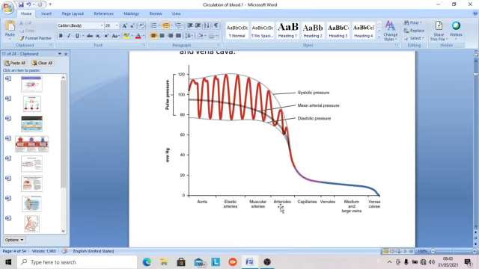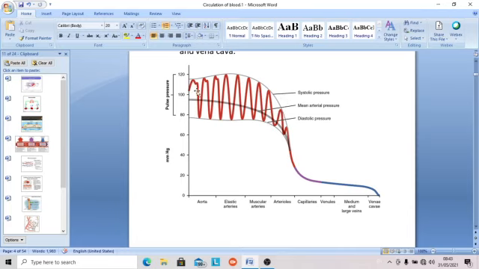Then most important are the arterioles, in which phase you have narrowing of the lumen and there is a sudden fall in pressure. You can see this from the arteriole from here. The mean pressure suddenly falls. So it's the area of resistance. Arterioles have thick walls, and they are also controlled by the sympathetic nervous system. So the lumen is controlled as per need, and there is a great area of resistance, that is the arterioles, and the amount of pulse will be greatly reduced.